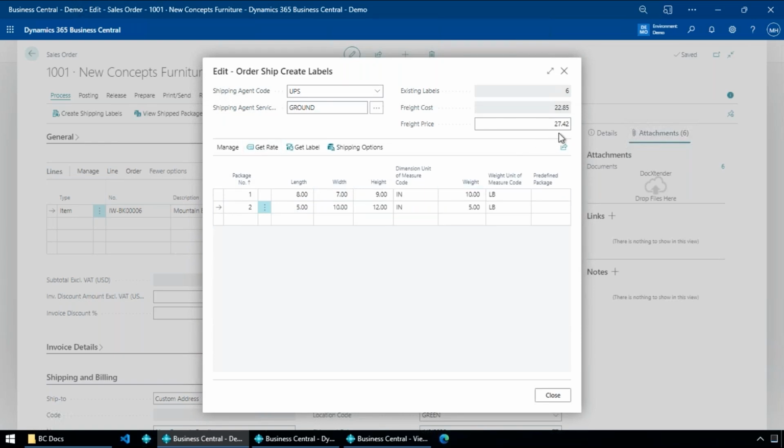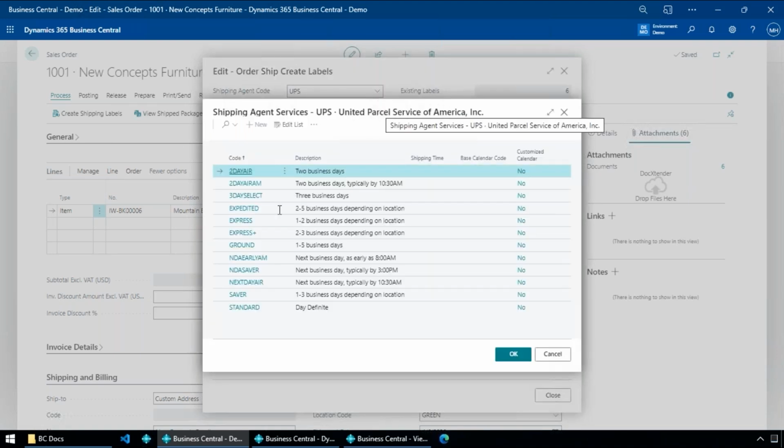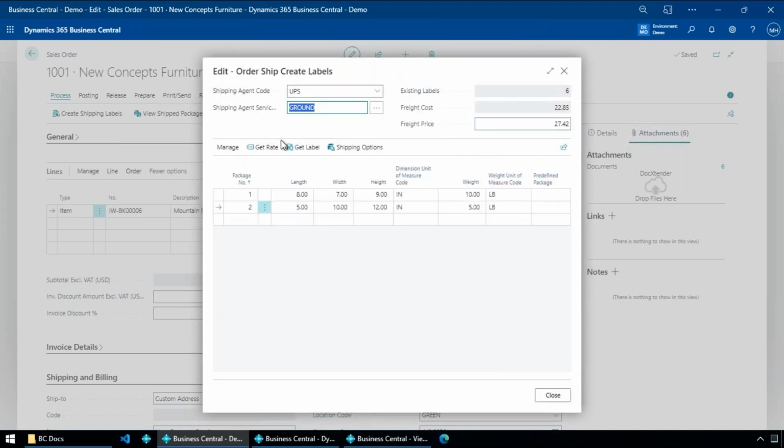And I can come in and check it, and it doesn't matter. It's the same price whether I do a signature or not. So I might as well turn on the signature again. But that's what it's going to cost me, and I'm good to go. You don't have to do that get rate. That's just if I wanted to compare ground to expedited or something like that. So if I wanted to go to a different service, I could check the rate for that other service and those sorts of things. Really, all I have to do is specify the boxes that I'm shipping, and I say